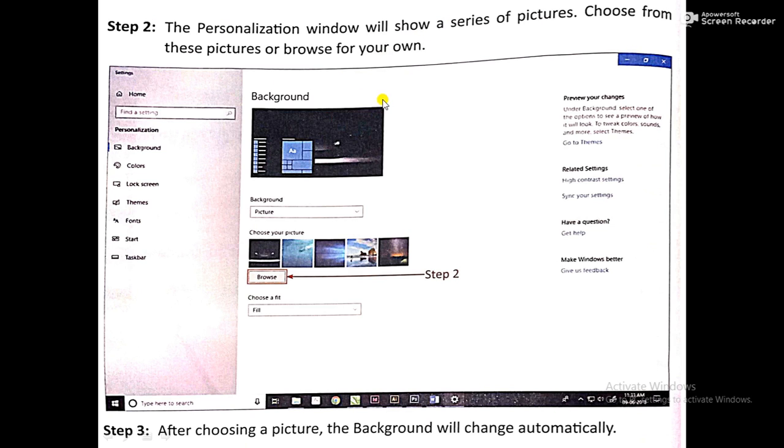Choose from these pictures or browse for your own. In step 3, after choosing a picture, the background will change automatically. In this way you can change the background of your computer.